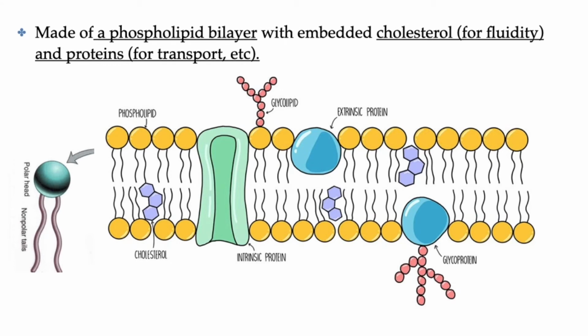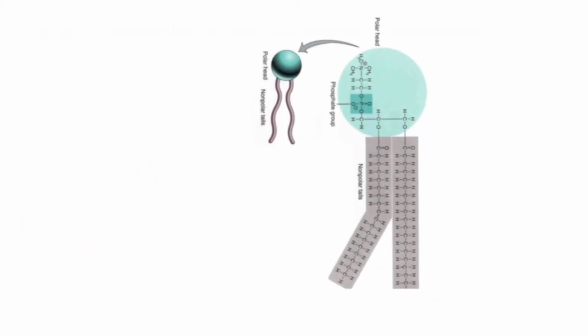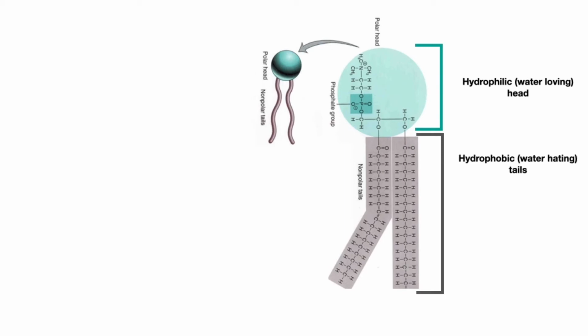So let's look at the different components of the plasma membrane one at a time. And let's start with the phospholipid bilayer. So recall from our lesson on lipids that phospholipids have at one end a polar head that is hydrophilic or water-loving. That means that it interacts well with water. At the other end, they have two non-polar fatty acid tails that are hydrophobic or water-hating and do not interact